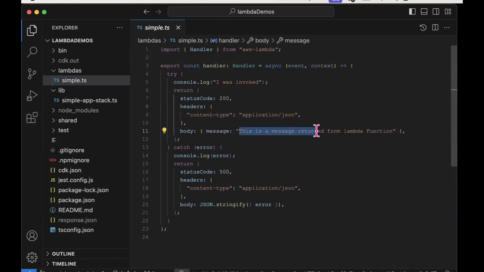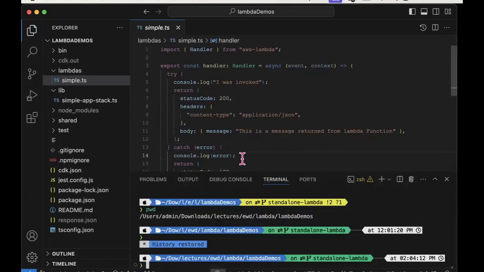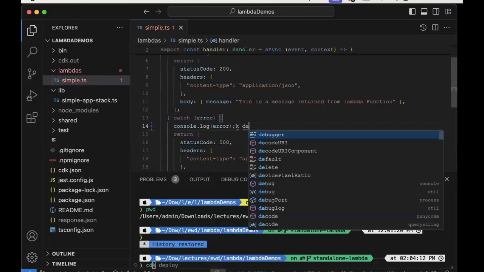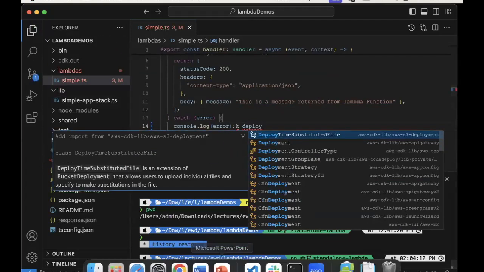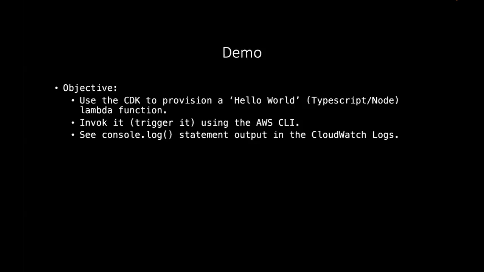And CDK deploy. I'm pushing it now a little bit, but if you bear with me, I'm going to do a CDK deploy. Sorry, now.